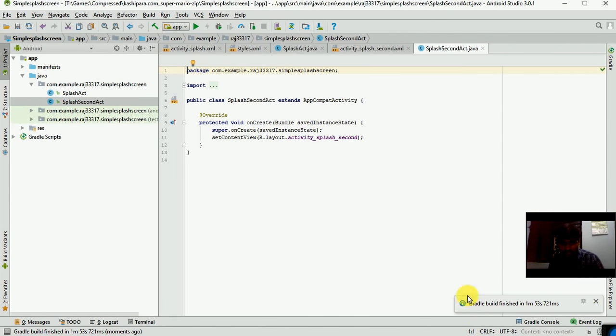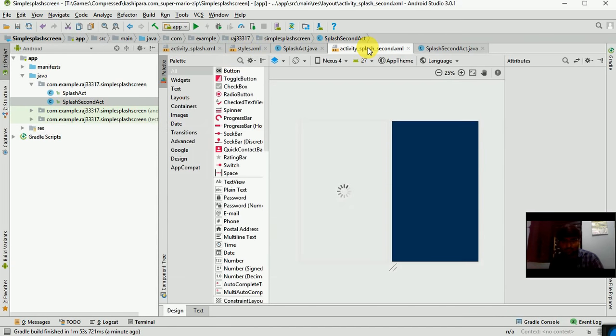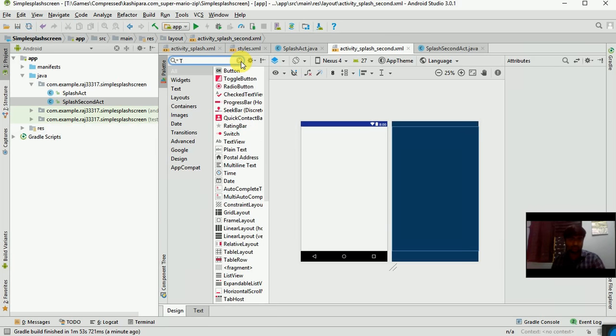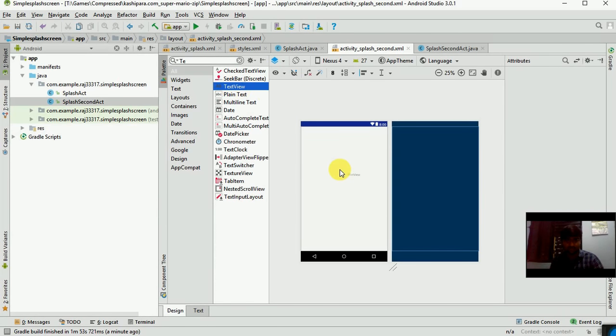Now it has built. So this is our second activity. See, the activity. This is our second screen and see how it looks. I'm going to take here also a text screen. Text view, drag and drop,